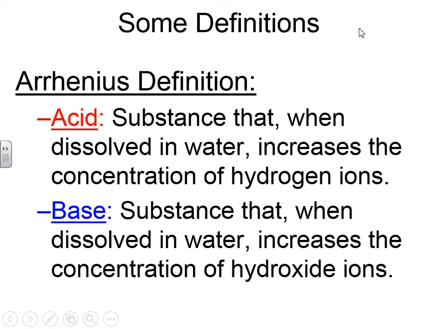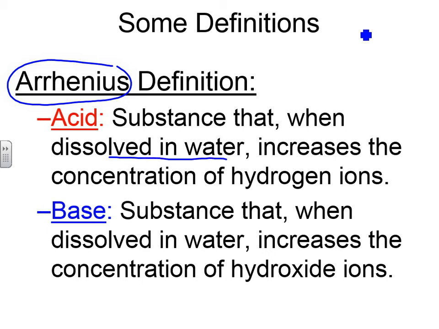The first definition of an acid and a base is the Arrhenius definition. There are actually a few of them that we'll discuss. Arrhenius is the most basic definition of the two. An acid, according to this definition, is a chemical substance that, when dissolved in water, notice the connection to water, increases the concentration of hydrogen ions. These are H+ ions. Whereas a base is a substance that, dissolved in water, increases the concentration of hydroxide ions,